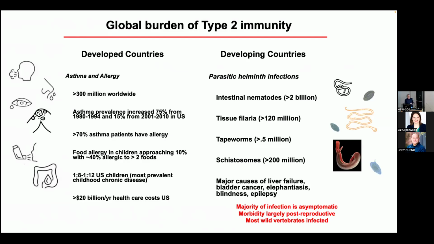They cost an astronomical amount of money. But the exact same type of immunity, which I'm calling type 2 immunity because of the names of those cytokine loci in Th2 cells, which really drove the adoption of the use of type 2 immunity as allergy. In developing countries, parasite infections are associated with all of these same things: eosinophilia, high IgE, Th2 cells, alternatively activated macrophages.